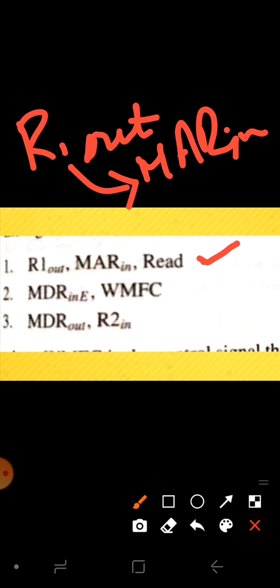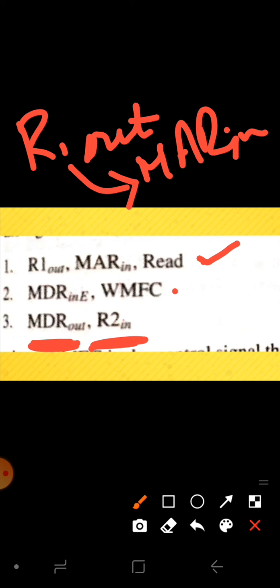Next you will activate your memory data register with respect to the external bus, and you will be waiting for this memory function to get completed. Once you have read, the data whatever is present in MDR will be activated so that you can send the data from register to bus, that is to the memory, and that will be stored in your R2 in.